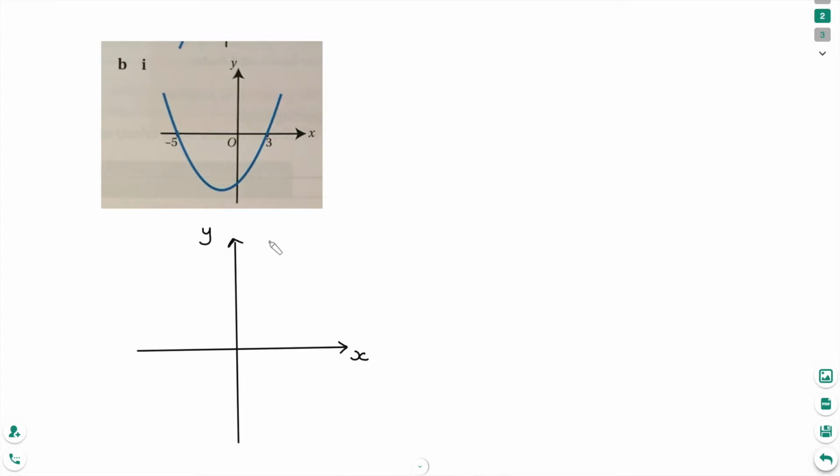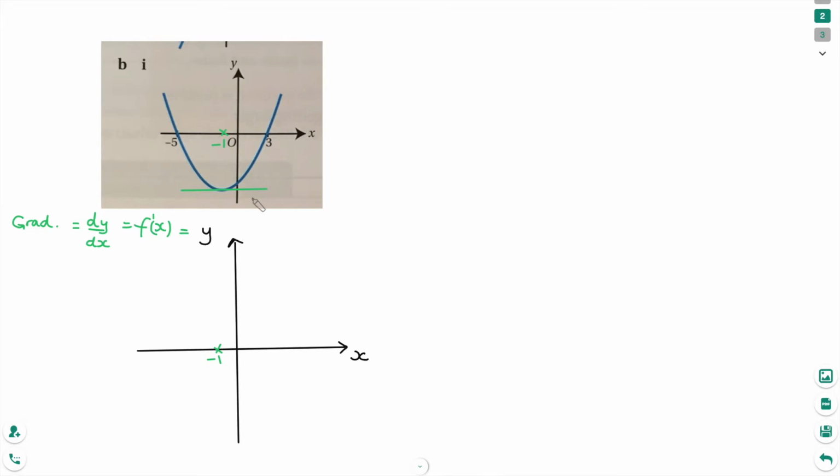Okay, so looking at B part 1, first of all doing a set of axes and then deciding where the gradient on your graph is 0, and that is at the turning point because the gradient is horizontal, that gradient is 0. That point is exactly between -5 and 3, which is -1. So the gradient at -1 is 0, and that's because this y-axis now represents your derivative function f dash x, or dy by dx, which hopefully you're beginning to get familiar,